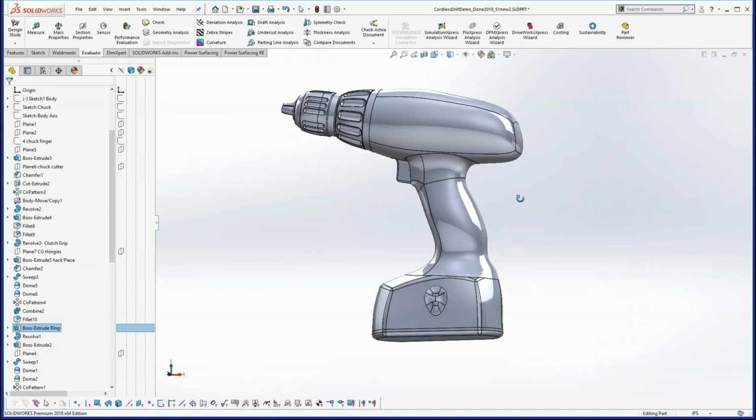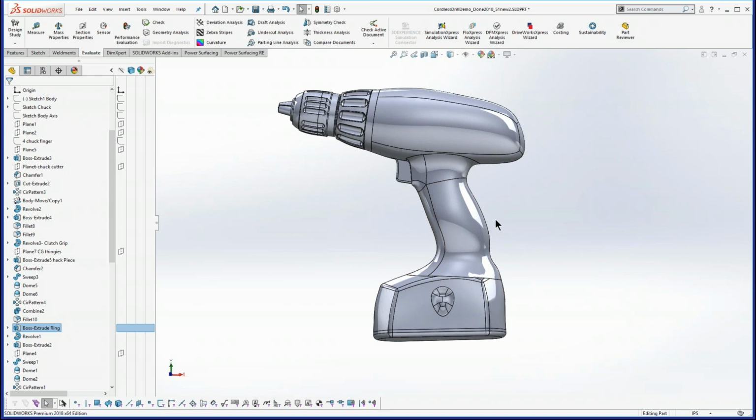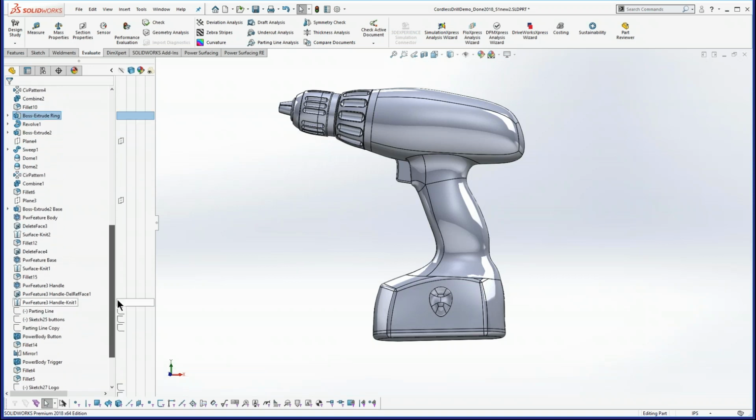And the next thing is this handle. And what you can see is this guy actually had to do a trim and knit to go into there. And in our latest versions of power surfacing, the trim and knit is now automatic, or it's one of your options anyway, which is really nice because it takes a lot of extra work out of using this sort of thing. So I'm going to go down into this handle,